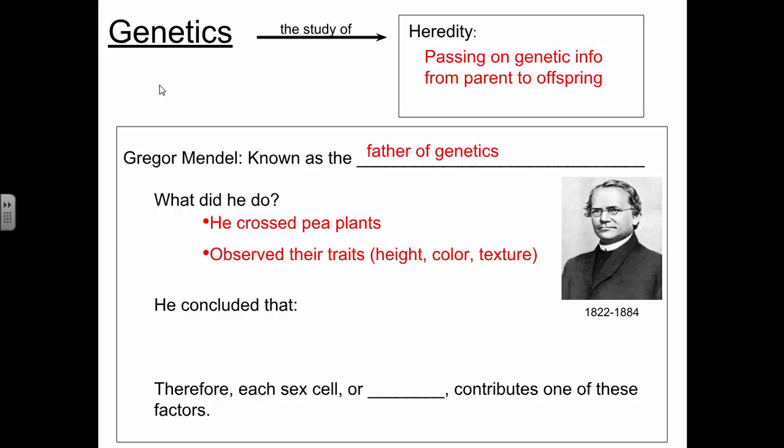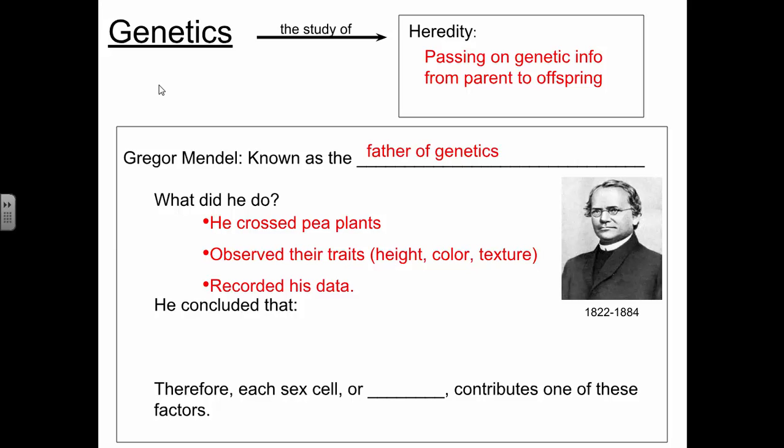And he took very, very careful observations. Like I said, he grew thousands and thousands of plants and carefully recorded the traits, the characteristics of each one. And he started to observe some patterns. He saw the same ratio of plants keep coming up. And that led him to come up with some conclusions that we still know are true today. Even though he didn't know anything about DNA, he was able to figure this out by just studying and growing